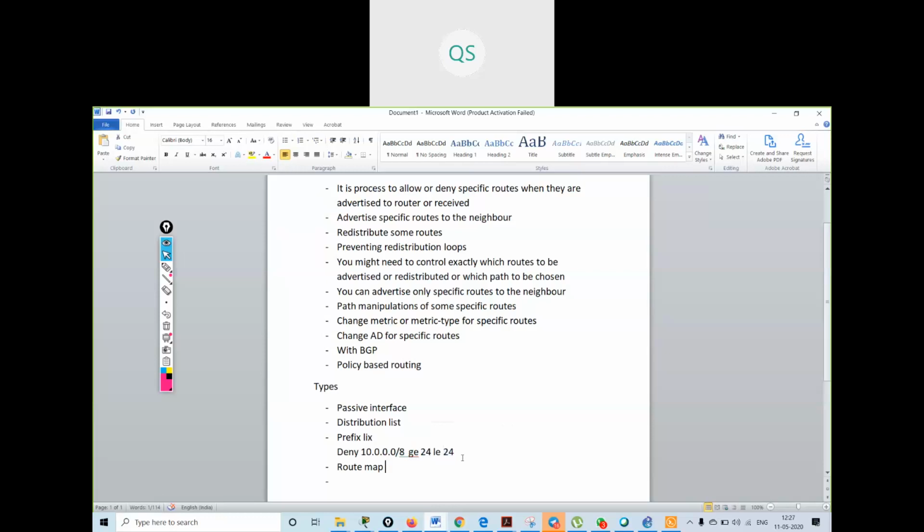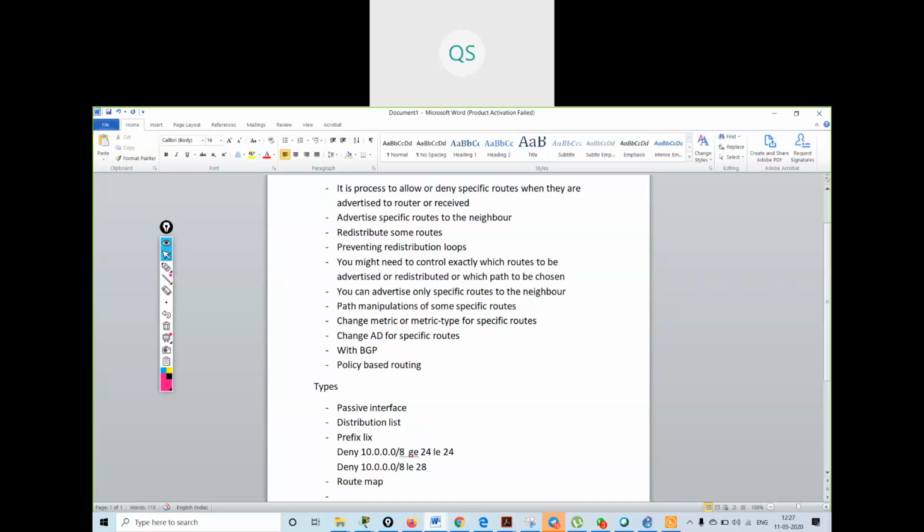You can give either this command, or you can say deny 10.0.0.0/8 less than or equal to 28. So these are some commands that you can give.